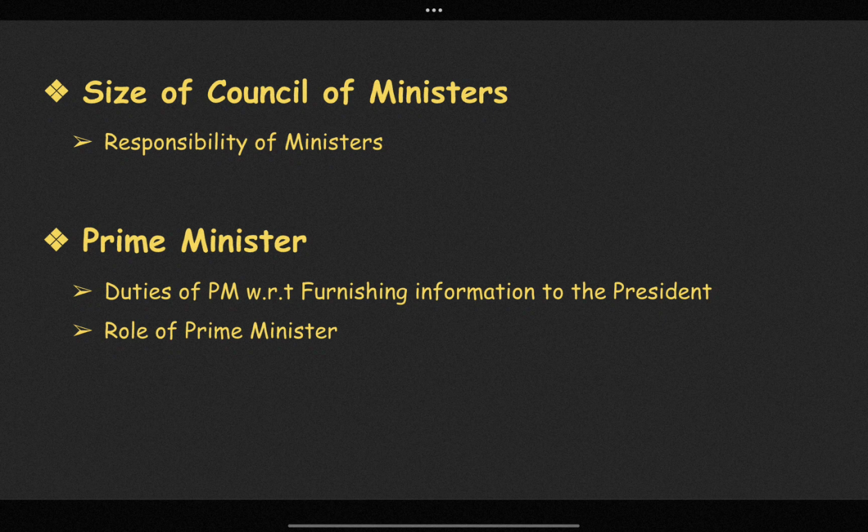The Prime Minister chairs the cabinet meetings and sets the agenda for such a meeting. He can interfere in the affairs of any ministries and can ask for information from any minister as a matter of right. It has been observed that the Prime Minister generally heads the following ministries. First, the Ministry of Personnel, Training, Public Grievances, Pension, and the Administrative Reforms. Then, the Department of Atomic Energy and the Department of Space.